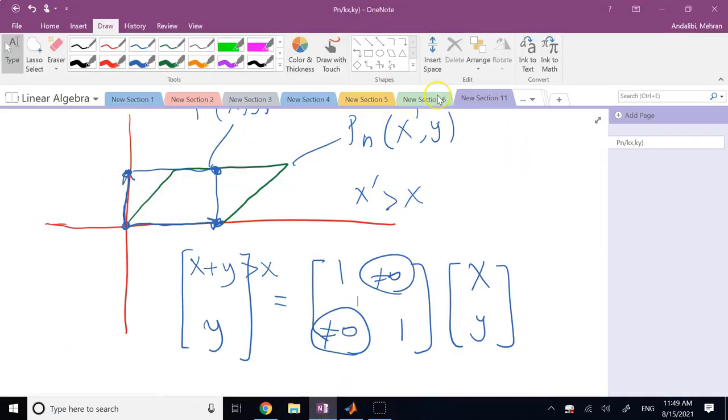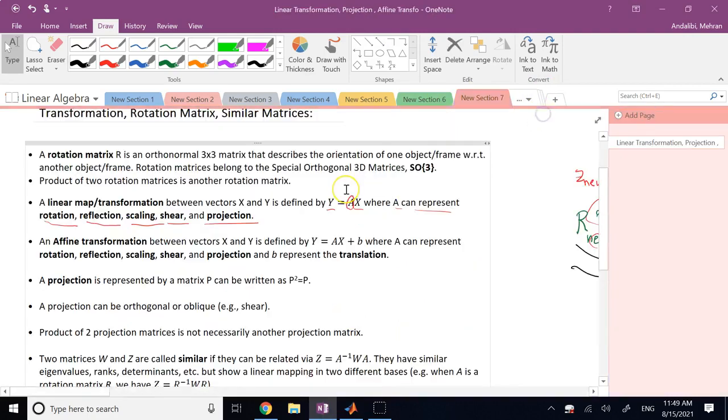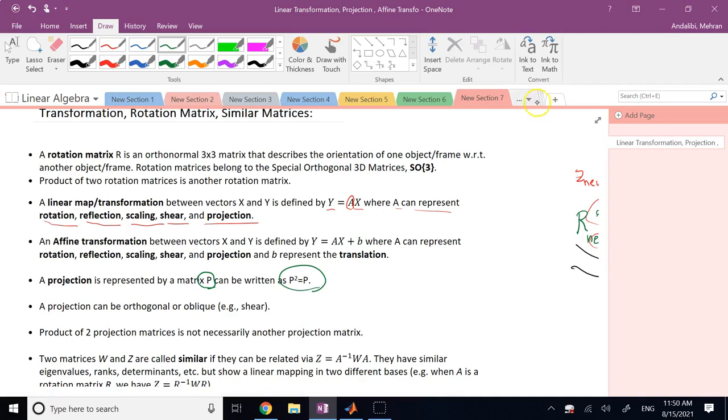And now, so I told you scaling, shear, reflection, rotation, and projection. Let me talk about projection. Projection in general, if you want to describe it mathematically, if I show projection by a matrix P, projection by matrix P can be described as P squared equal P. What does it mean? It means if you apply the projection twice, it is the same as if you applied once. Why is that? Well, because